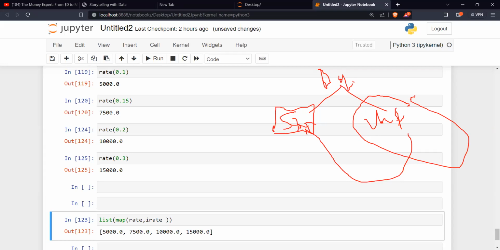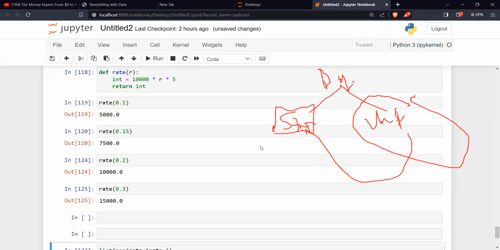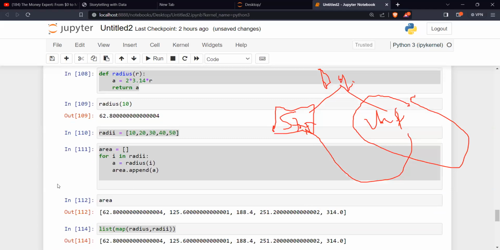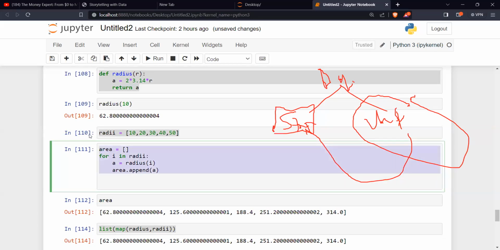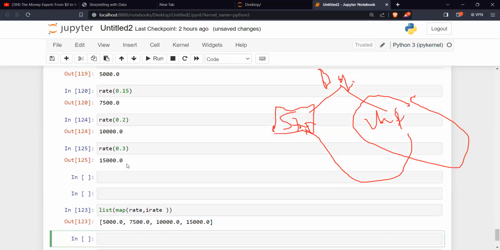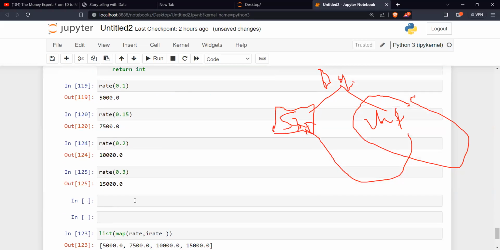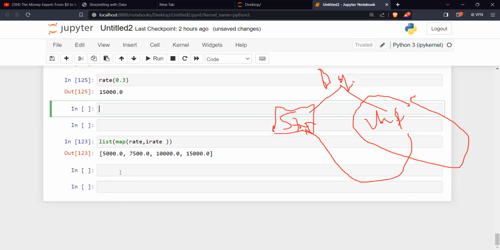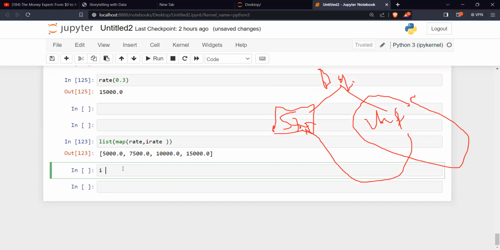What you would have done is, like, for i in whatever. What we're trying to show you here: for i in this, you go through the list and do that. And I've just used a simple map. That's exactly what I've done here, because it's the same thing as writing a for loop. I'll just call it interest, and put an empty list there.